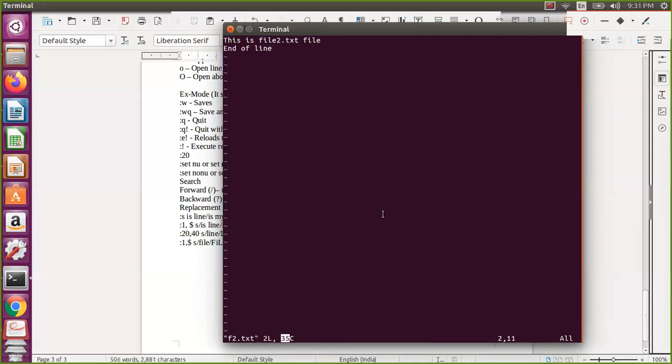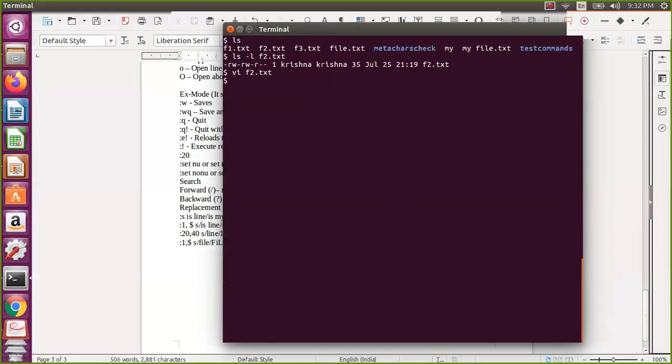The new line is also considered, because this is line number 1. If I say this one, this is line number 1, this is line number 2, but after line 2 I am not having a new line. You can see here the dollar is in the 11th only. I don't have the new line here. So 22 plus 11 is 33, and one new line, that is 34, and another character is the end of file. That is for each file. You won't see it, but it is called EOF, end of the file. That will be there mandatory for all the files. So that's why it displayed 35.